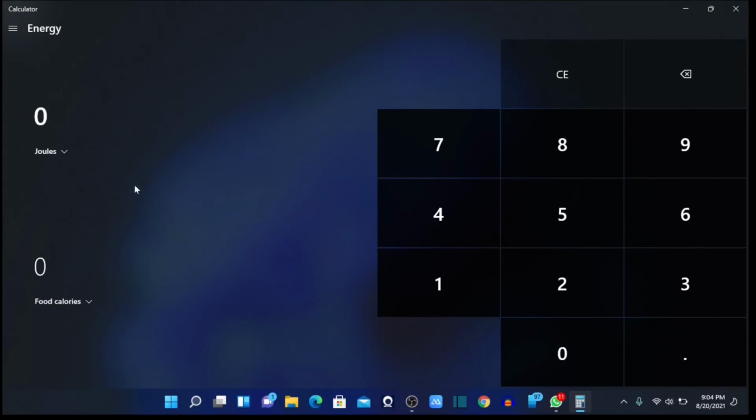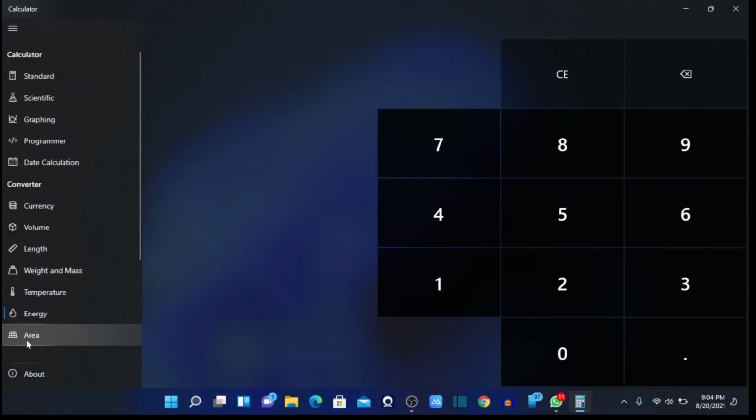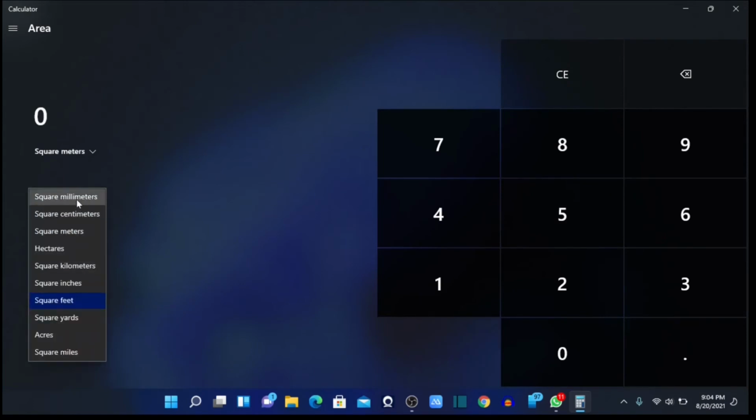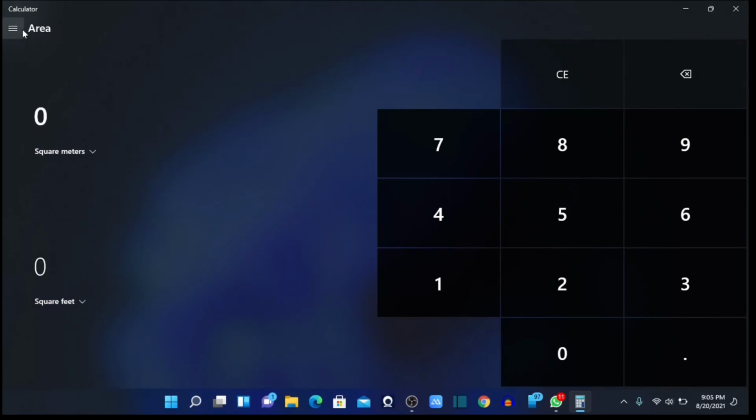The good thing with this calculator, when you want to convert currency, if you are online, you can get up to date conversions. Everything is up to date. That was on energy. I can check on area. I can change square meters to square feet. I can change square millimeters to square centimeters. I can work around all that.